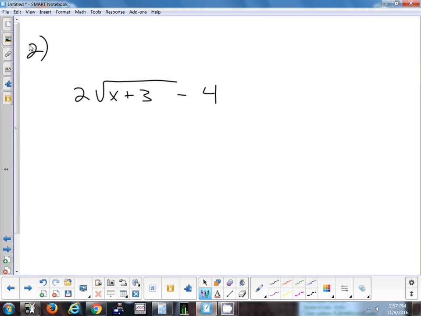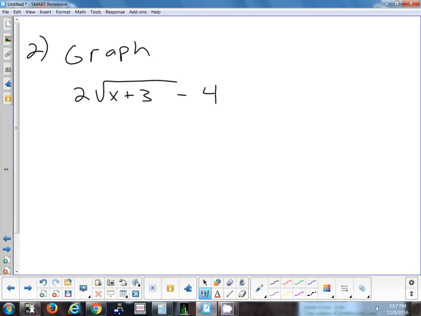All right, so just to make sure we know the transformations, how many transformations are happening here? 3? What's the first one? Horizontal shift to the left. Yep, shift left 3. Okay, so that's the first one. What's the second one? Vertical stretch by a factor of 2. And the last one? Vertical shift down 4. Shifting down 4. Yep. All right, so now what I want to do is